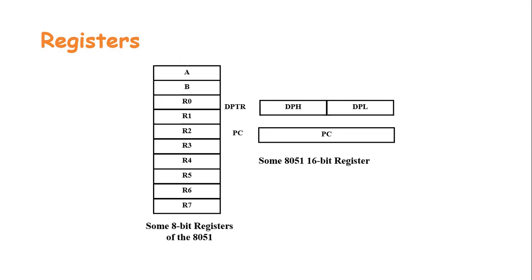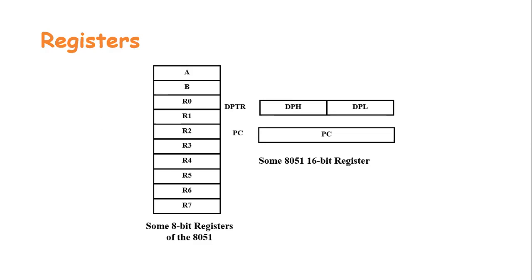Okay, with this, I'm going to end my session. In this session, what I discussed is the memory organization of external memory. What is the memory capacity of the 8051 microcontroller? This 8051 microcontroller has internal memory, and it can also access external memory. The internal memory of the 8051 is RAM of 128 bytes and ROM of 4 kilobytes.